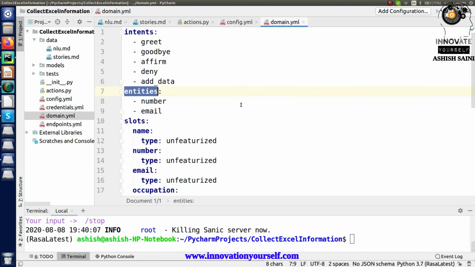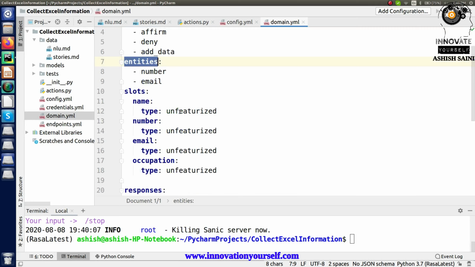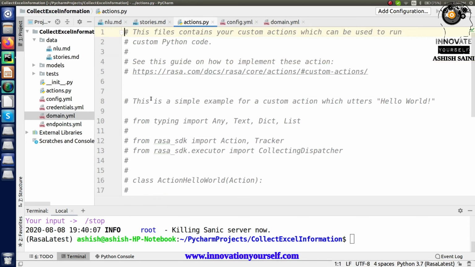Now what you have to do is create an utter action, or let's say add the responses based on these slots. But right now we are not going to do the static part, because this time we are going to use forms, and for the forms you have to mention everything in the action file, and in that action file you will be setting up the preferences, or let's say the priorities, based on which the questions for the slots will be called one after another, right? So this is how we are going to do it. For that I have to add the action, right?